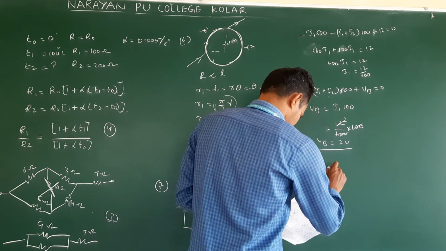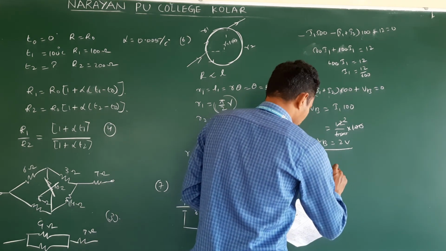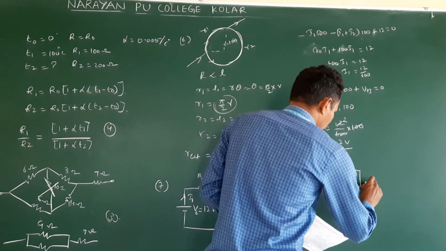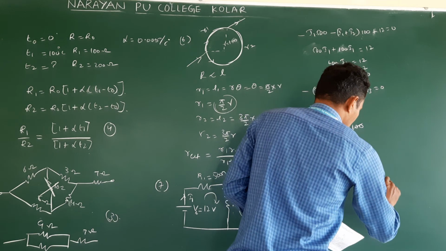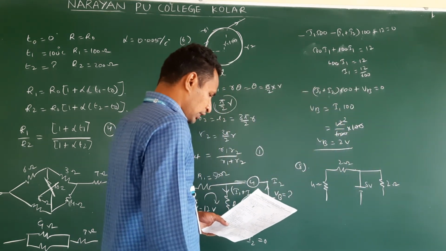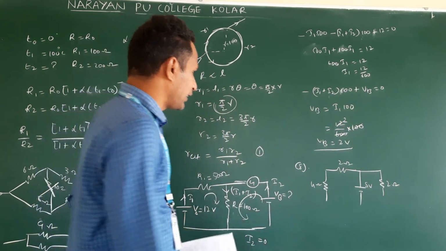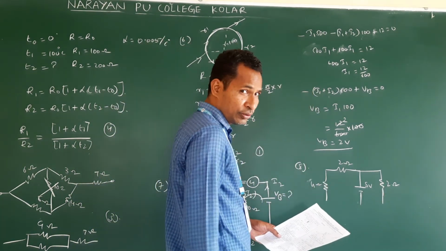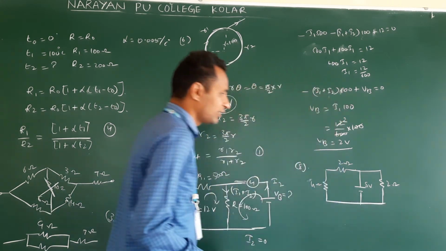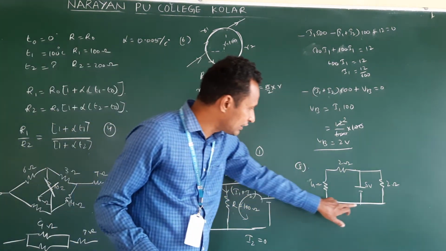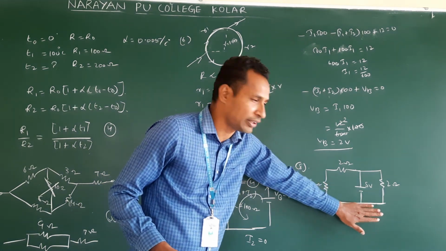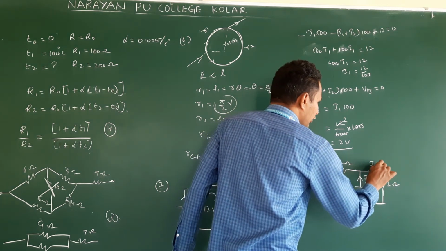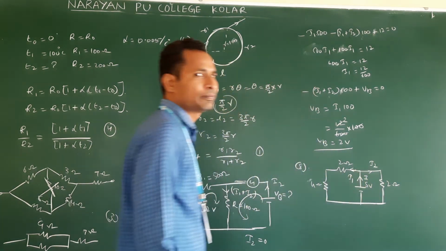The circuit is given. This is 4 ohm. This is 2 ohm. 5 volts. 2 ohm. And they are asking the current in the 4 ohm branch. See, all terminals are connected to earth. Yes or no? So we can connect all of them, because all three are connected to earth, which means they are connected to the same terminal. Then current I flows here. Here it splits, I2. Here it splits, I1.